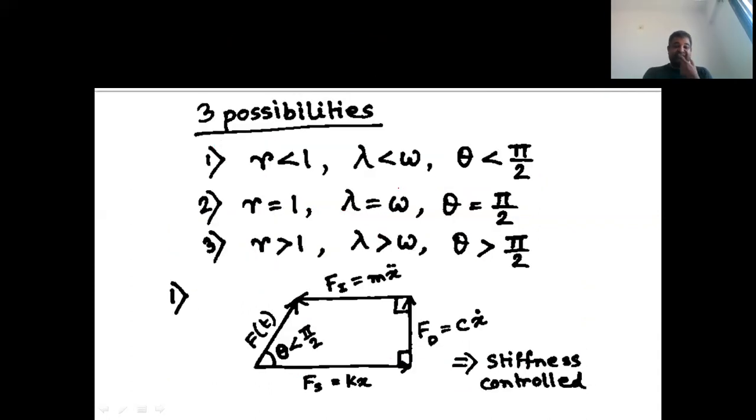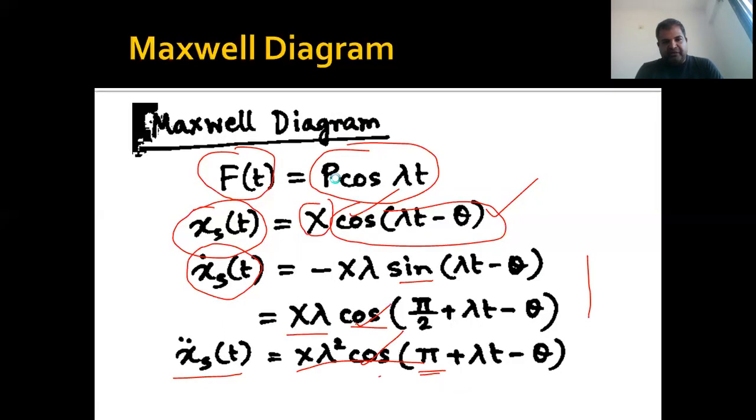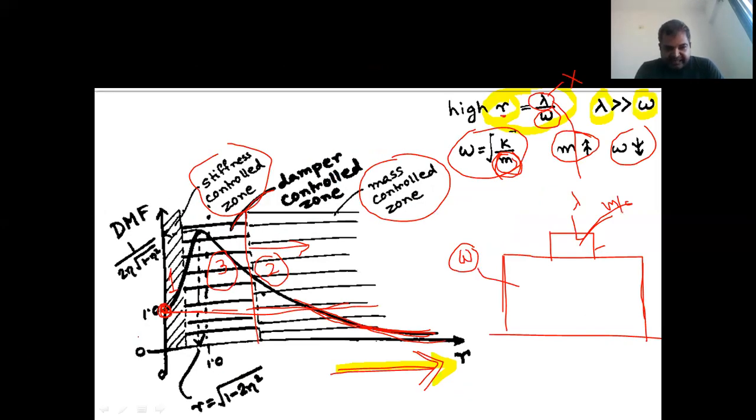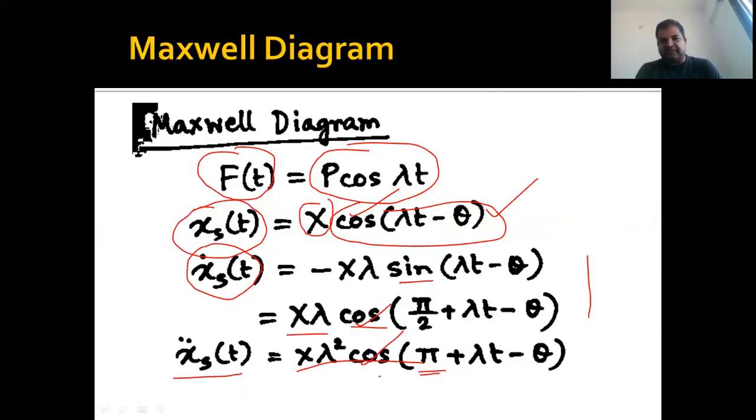Now see, for this condition, if I want to establish, I can have three different conditions. First, if my r is less than 1. What we have defined for this case, r is less than 1, I am defining as the first zone. Then r is equal to 1, and then r is greater than 1, right? These three cases I am defining.